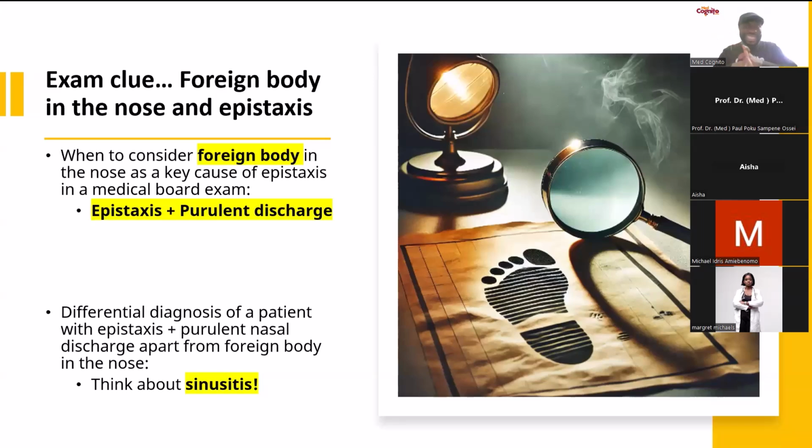If I have epistaxis in a child with purulent nasal discharge from one nostril, I'm going to think about foreign body. Even in a child with purulent discharge from one nostril, if foreign body has been ruled out, sinusitis will be thought about. If I have an adult who has epistaxis from one nostril or both and has purulent discharge alongside it, I'm going to think more of sinusitis before foreign body because adults tend not to put things in their nostrils unless that patient has some mental derangement, right? So that's a clue that I want you to pick up.